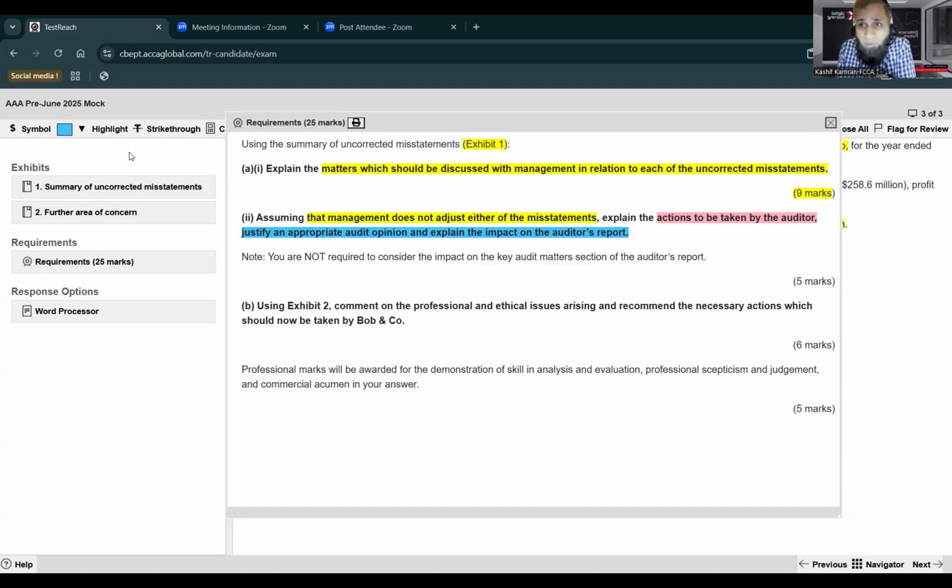And explain the impact on the report. This question has been done so many times in the past paper. You need to write the actions, right? What actions will you take? Probably you will be discussing with the management that if they don't resolve these issues, it will lead down to